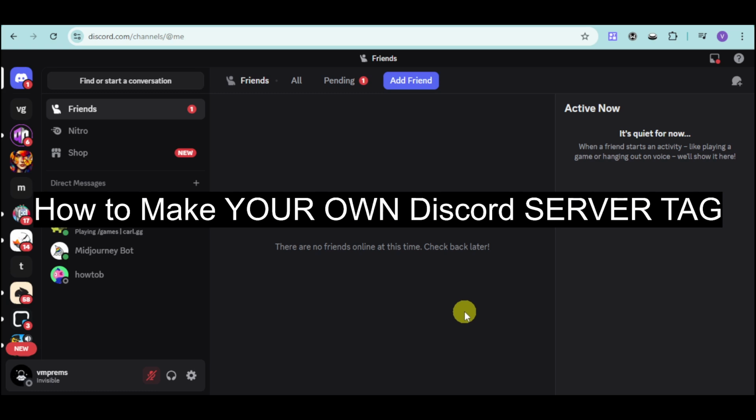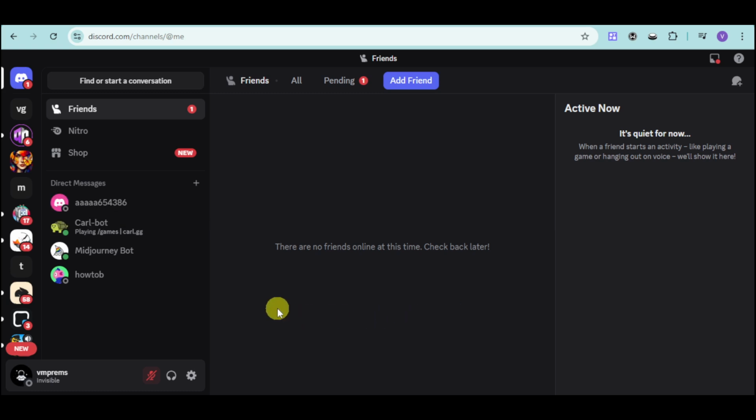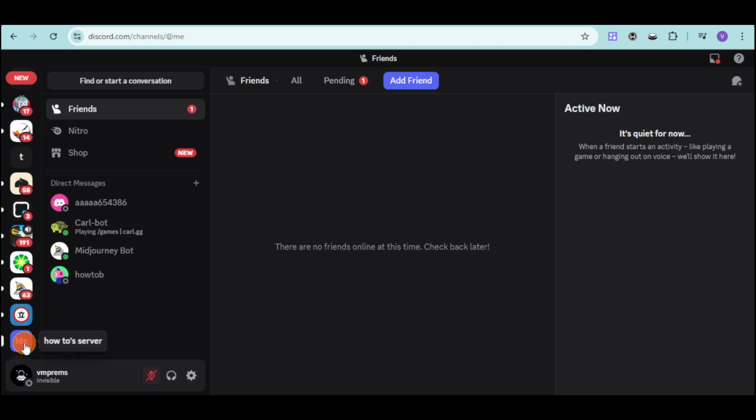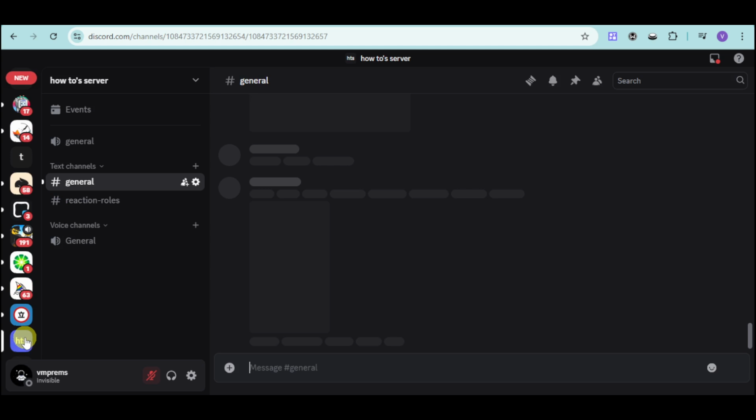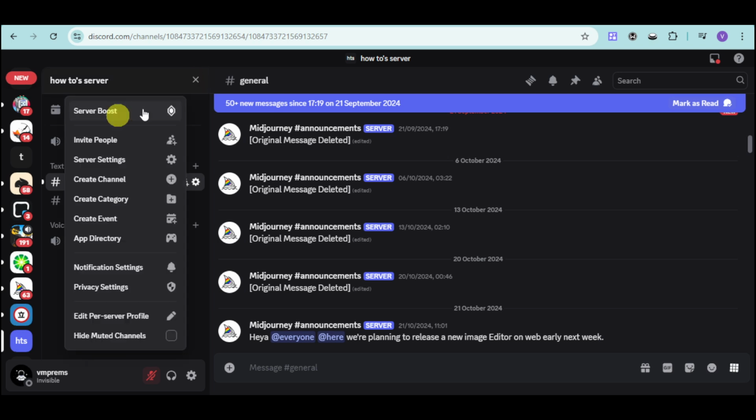Hi, in this video I will show you how to make your own Discord server tag. In order to do that, head over to the server that you're actually on. So I have in here my own server. On your server, you can click onto this drop down icon, and from in there you can see this